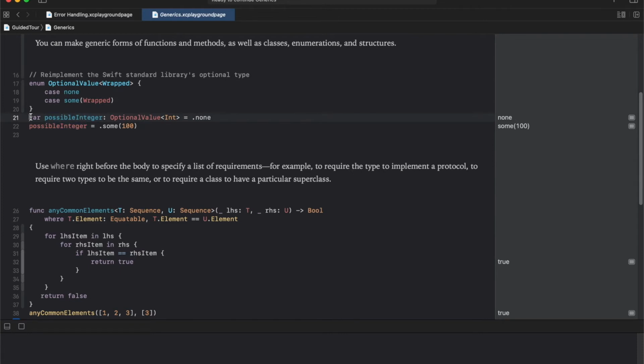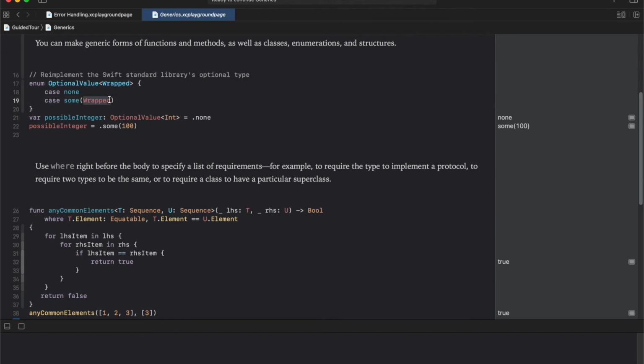On line 21, we are declaring a variable possibleInteger of type OptionalValue and giving it a type Int. Once we specify type Int, we can look at this enum to be of type Int. Wherever Wrapped is specified, you can replace it with Int type.